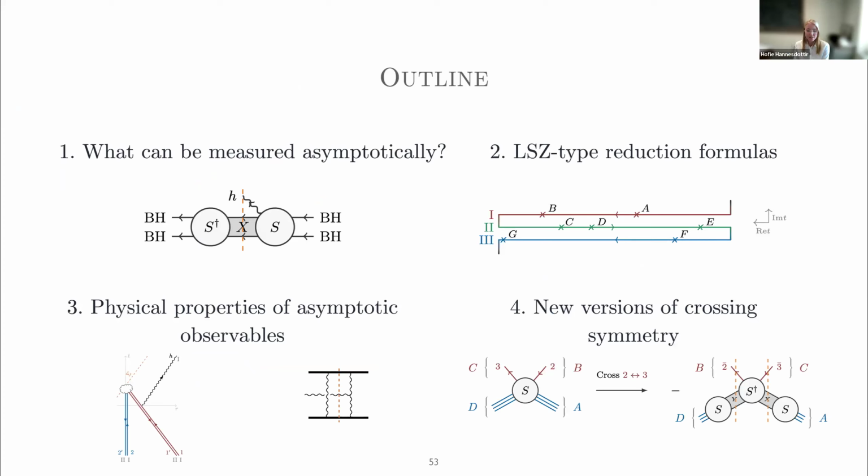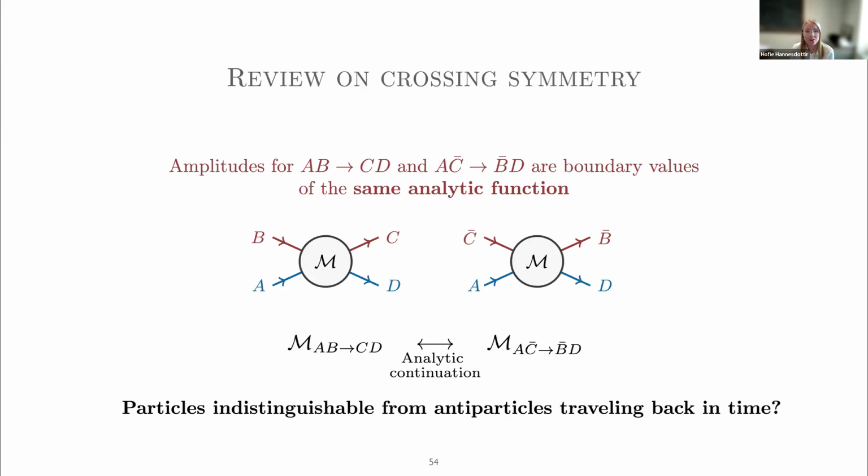So let me maybe in the last 10 minutes or so tell you about new versions of crossing symmetry that we've already kind of hinted at. Let me start with a review of what crossing symmetry is. Crossing symmetry tells us that scattering amplitudes for two processes, AB going to CD, and a different process where I've switched some incoming and outgoing particles, so I take A C-bar to B-bar D, where C-bar is supposed to be the antiparticle of C,